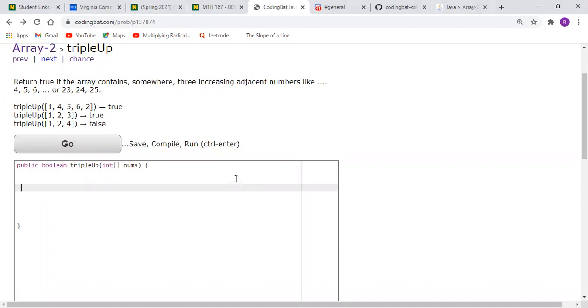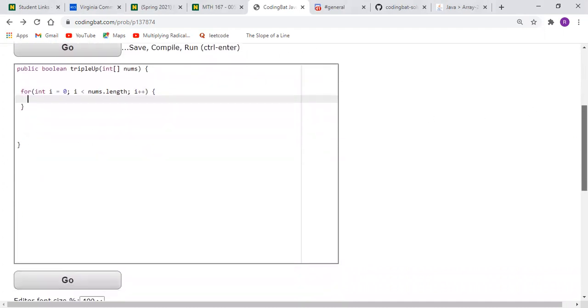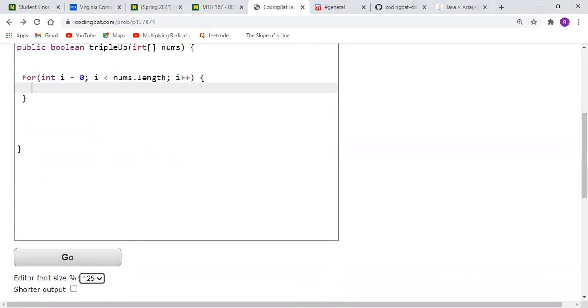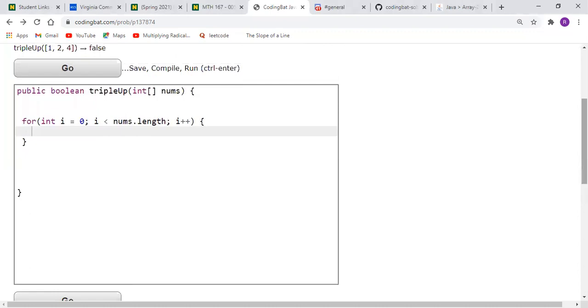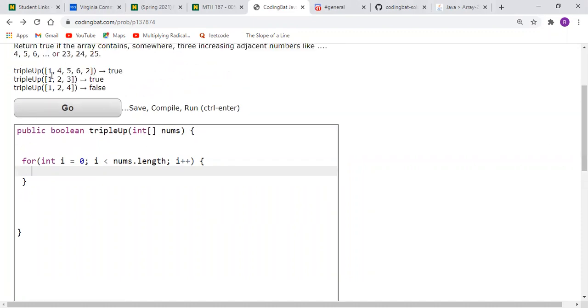So we obviously want to look into each element, and we're more than likely going to have a for loop here, right? To actually traverse the array and look at the elements to judge whether at any given element the next two are consecutive increments. What I mean by that is, if we have a 1 here, is the next element 1 plus that element, and is the next element after that 1 plus the element which came before? So if you think about it,